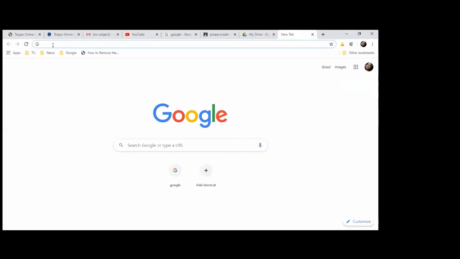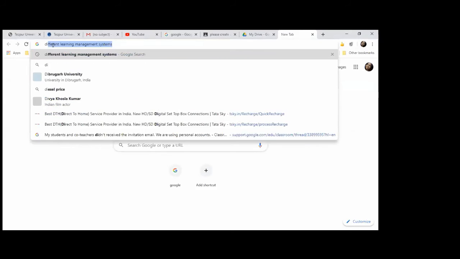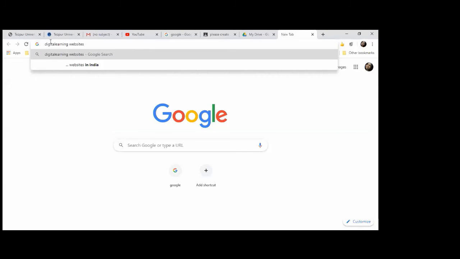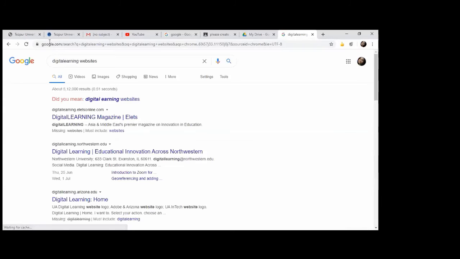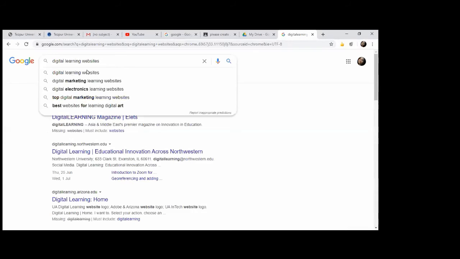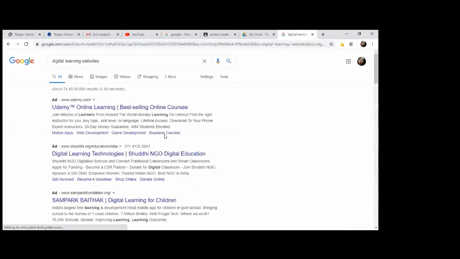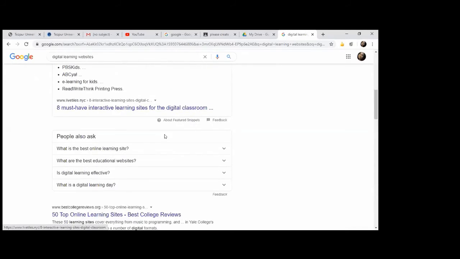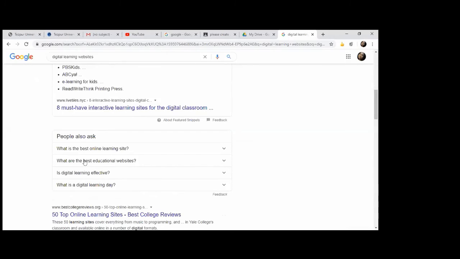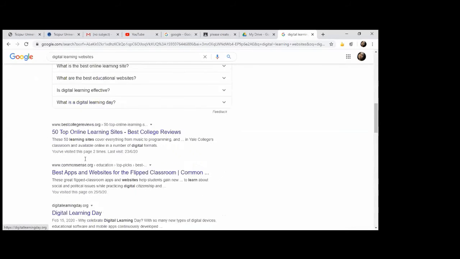So let us go for some of these digital learning websites. I'm typing digital learning platforms in my Google search engine. Some results are coming on interactive learning sites. Let us go for these top online learning sites,